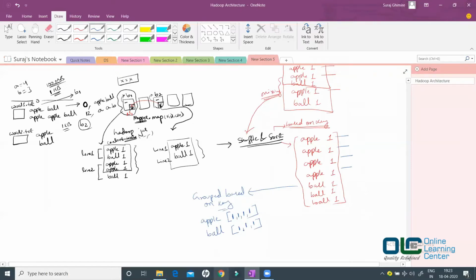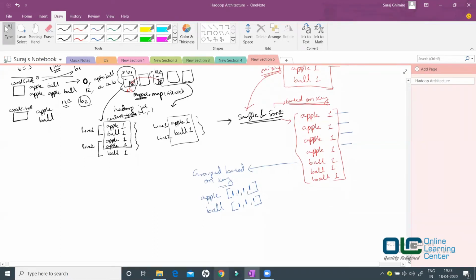So you have apple, you have ball, and the data would be represented like this. Now once this is done, then this goes to your reducer. Combiner and partitioner are extra steps which can be used to improve your processing power. They are by default not present in your default phases. We are right now talking about the default stages, and you cannot really plug and play around with them. They are the mandatory stages which would be executed at any cost.